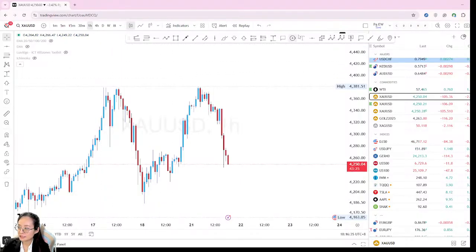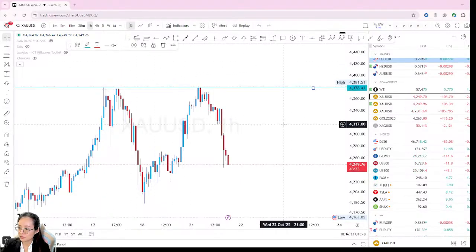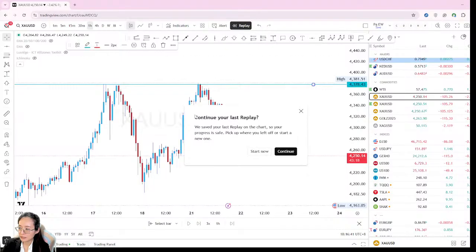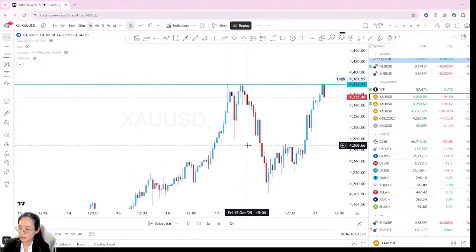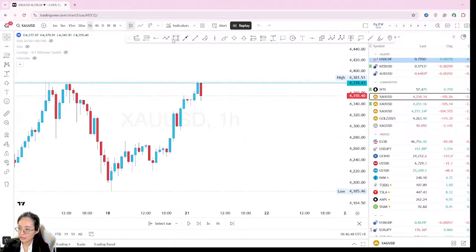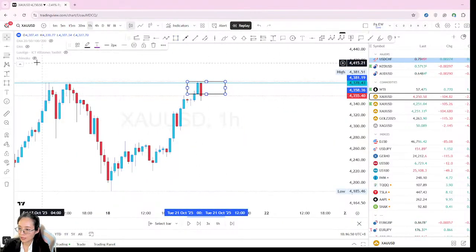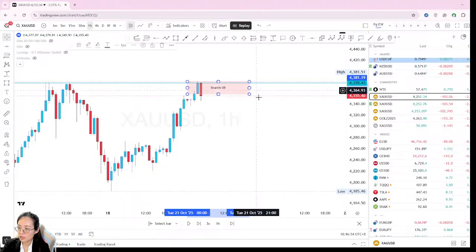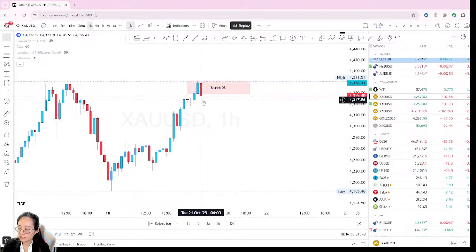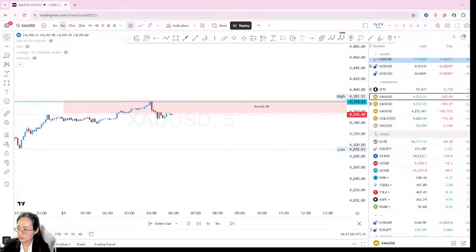Let's say I identify this as my resistance level, and this morning I saw the OB, a bearish engulfing. In smart money, we call it a bearish OB here. So I'm going to wait for price to close first and pull back into the OB. I'm going to trade, but based on the